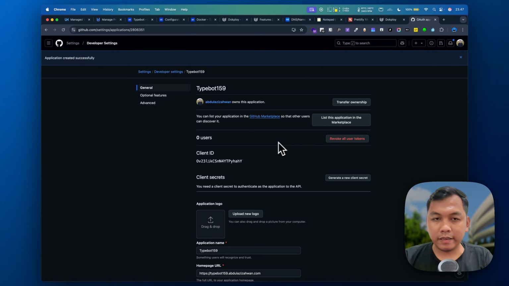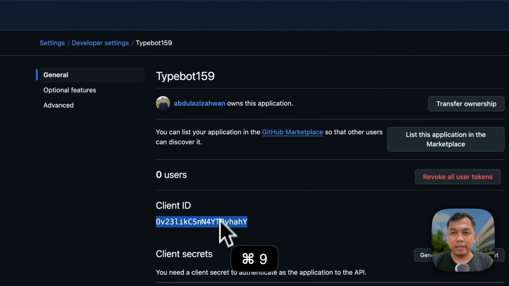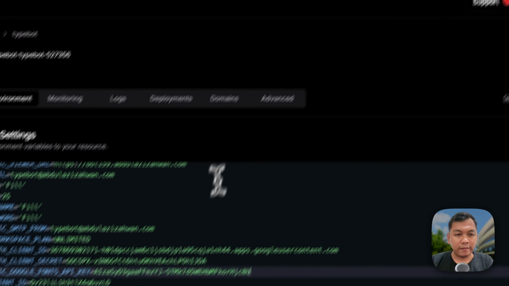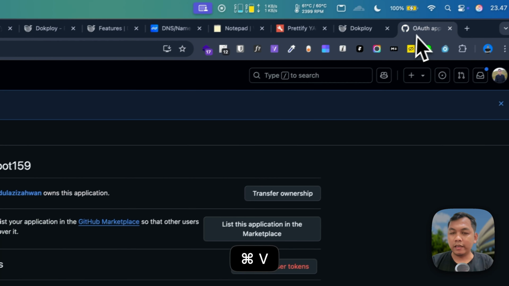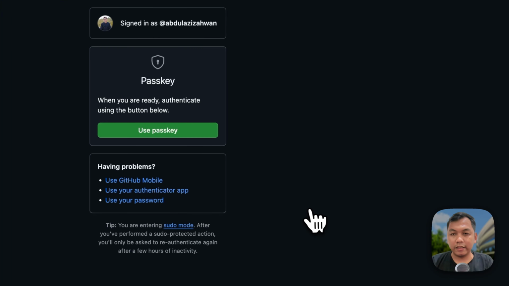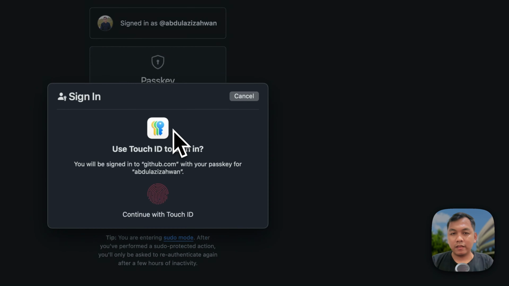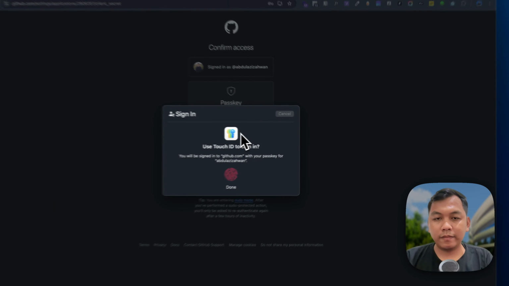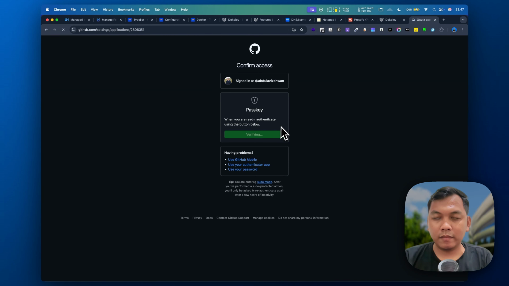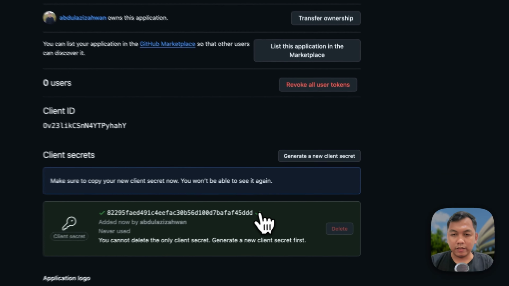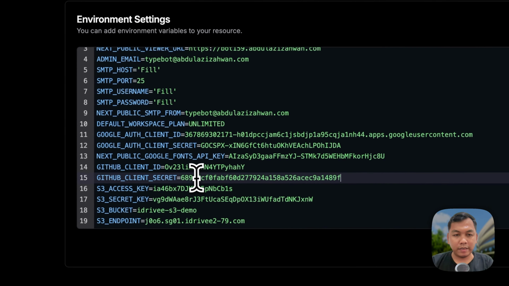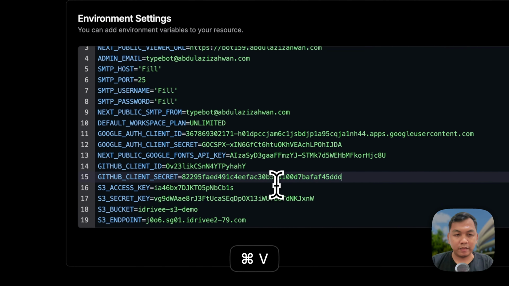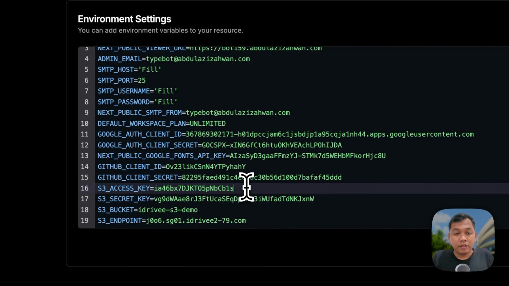Alright, and this is the client ID, and just paste it here, and don't forget to create a new client secret, and just copy and paste it here on GitHub client secret. And next, you also need